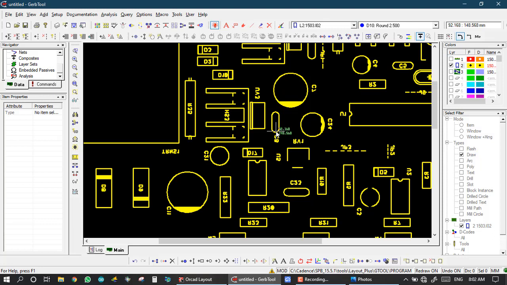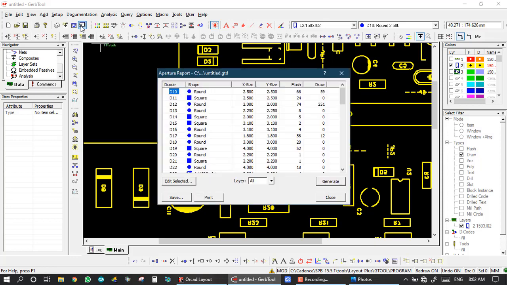So first we check all the D-codes of the legend layer and their values on the x-axis and y-axis. For this we go to aperture report and click it. Here are all the layers: the copper layer, legend layer and masking layer.